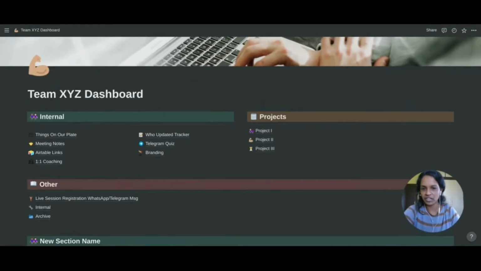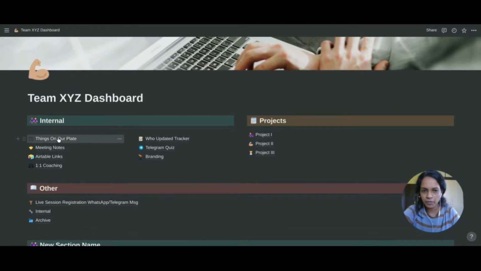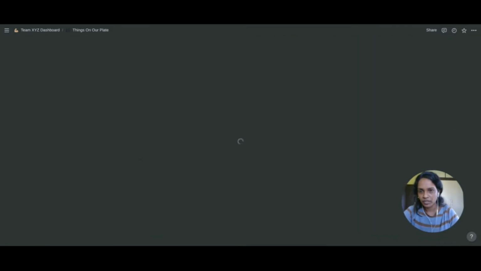Now, going back to our internal section, that's the most important section for both of us. Most of the pages under this are very commonly used. The first one is Things on Our Plate. This page is dedicated to managing all the tasks that we are working on. I will open it up and take you around because this is where we work most closely. We constantly use this to create tasks, assign them to the appropriate team member, and then we move them around on the Kanban board to track the progress. That kind of stuff happens. I'll open it up.